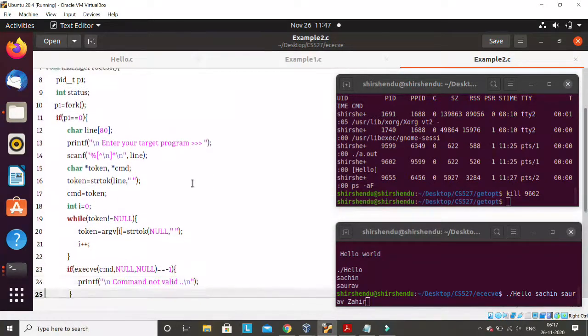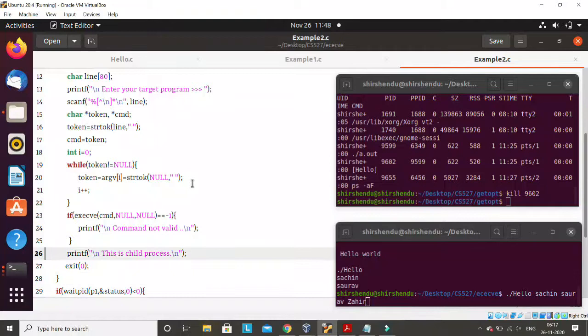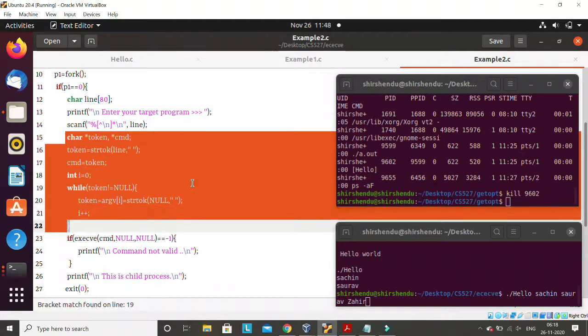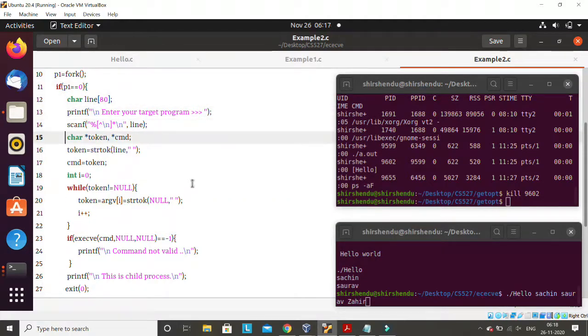The more important part comes from line number 11, where I'm creating the child process, and all the additional logic is in the child process. Starting from line number 12, I'm using a line, then taking a line as input, then from here I'm parsing this line and storing it in an array. That array is not here, let me define this array also.